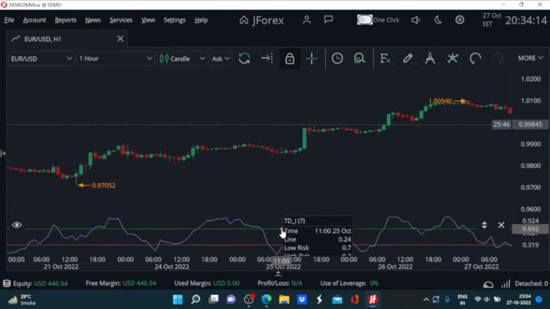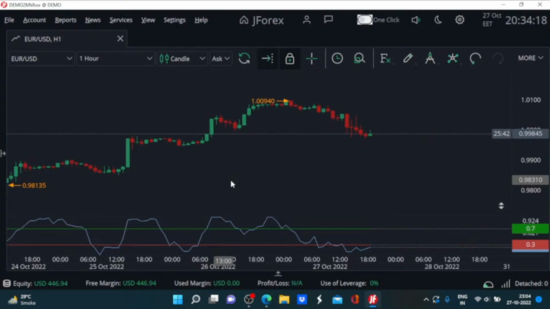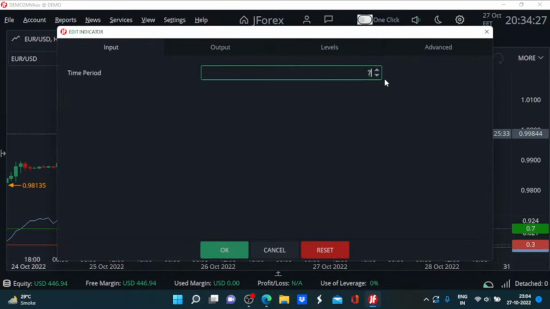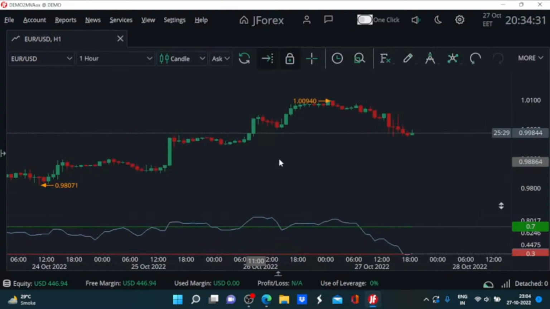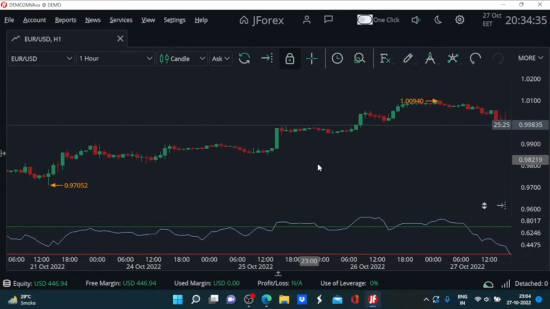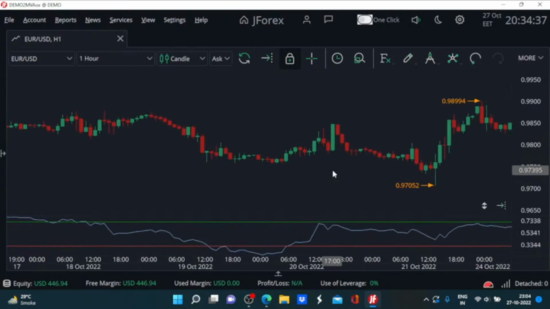So here you can see that these extreme values are now being reached much more frequently than what we were seeing when we were using the higher calculation period. Now let's try out the higher calculation period also. Now the stabilizing factor is going to be more. We have the stabilization where we can